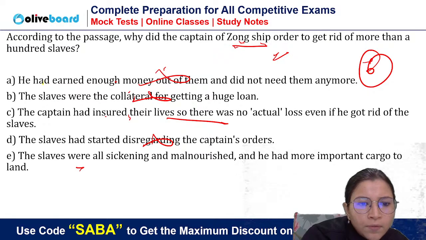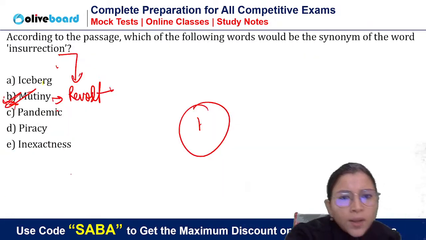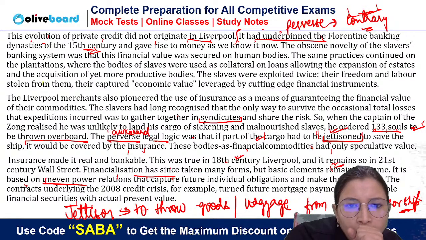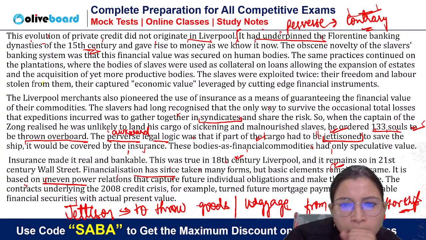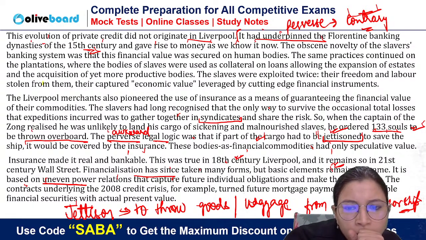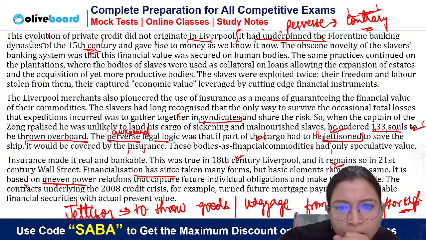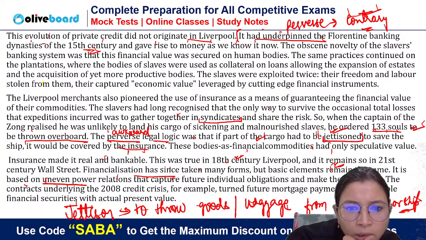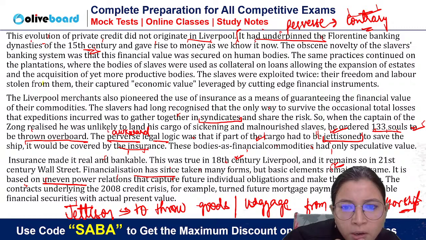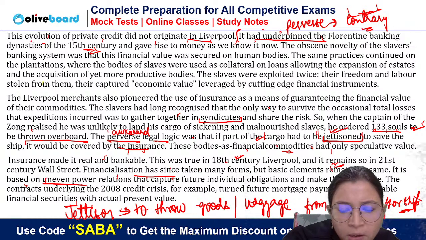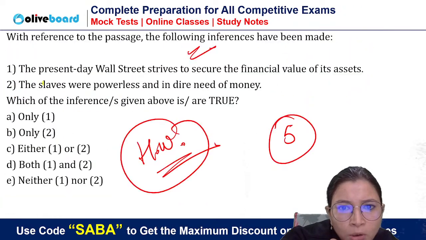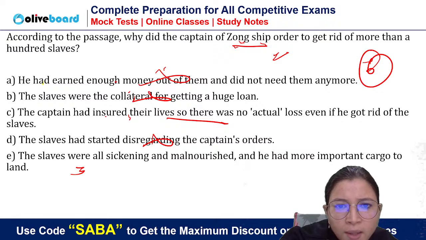The slaves were insured, that much was there. The slaves had long recognized that the only way to survive the occasional total losses was to share the risk. So when the captain of the Zong realized that he was unlikely to land his cargo of sickening slaves, it would be covered by the insurance. These bodies as financial commodities had only speculative value. The question is, why did the captain of the Zong ship